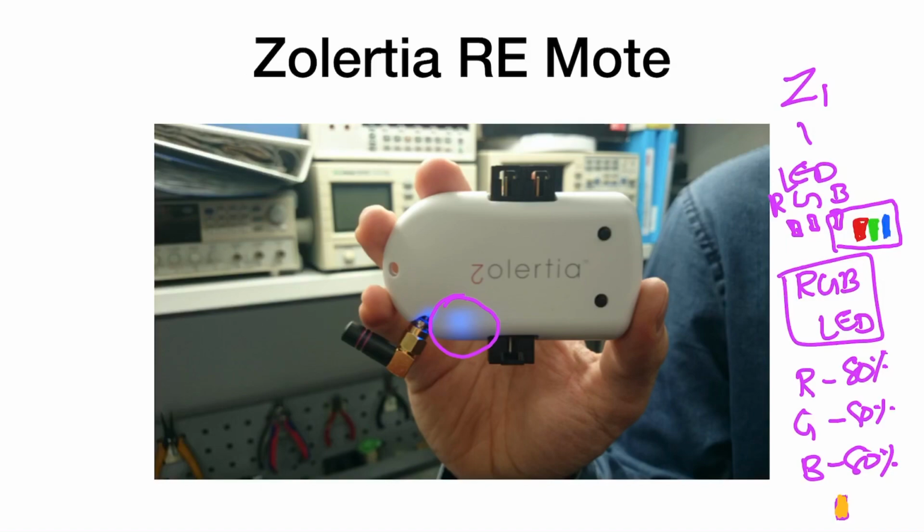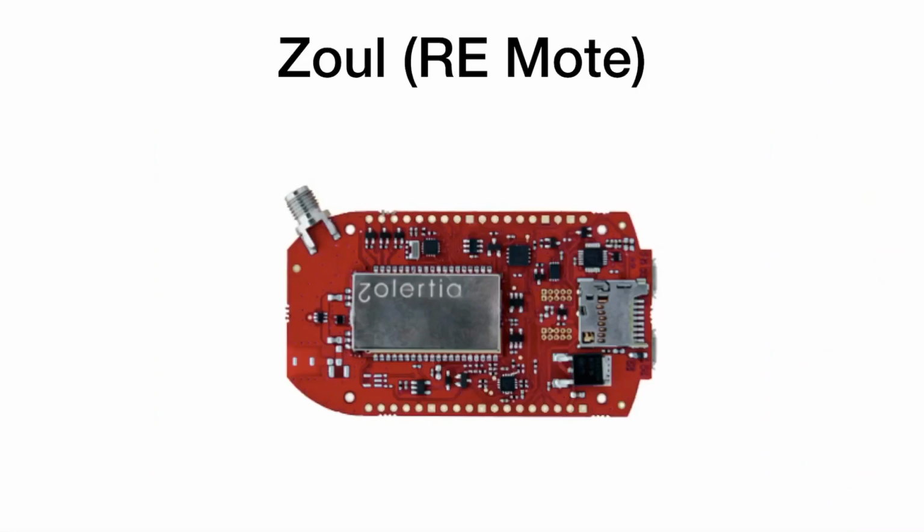In case I want to use red, I can use the red color like this. So the same LED will be programmed. That's why these Zolatia motes are very powerful, and nowadays most of the motes come with this kind of LEDs. This is one basic example of how recent devices are being programmed. Inside, you can only see it this way.